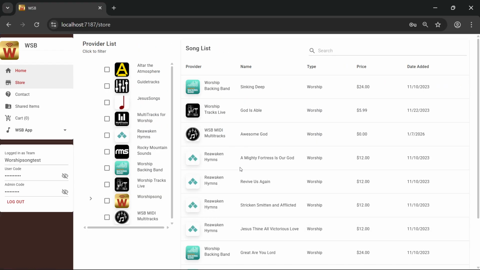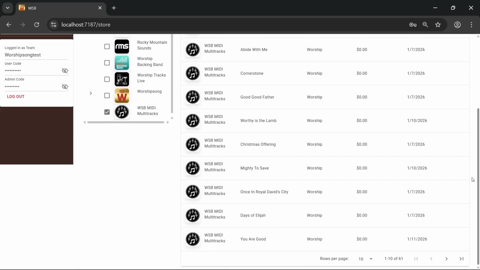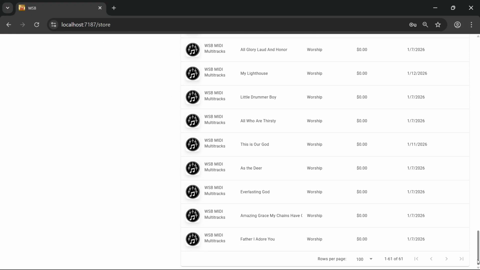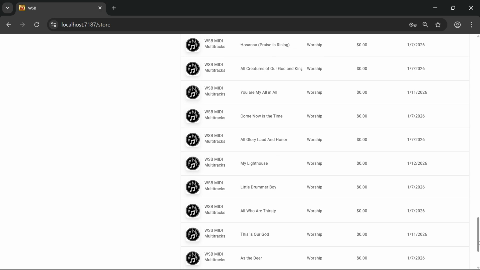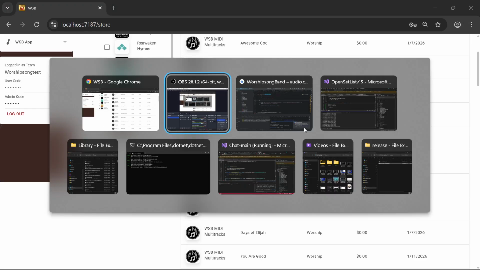If you go to the store page, you'll see this WSB MIDI Multitracks page here. It's one of our provider pages. Right now, the current set of these is about 60. This is going to grow. It's being done by volunteers as we work through some MIDI libraries that we've been working with, which you can read about on the page. So, the first thing you want to do to use these multitracks is